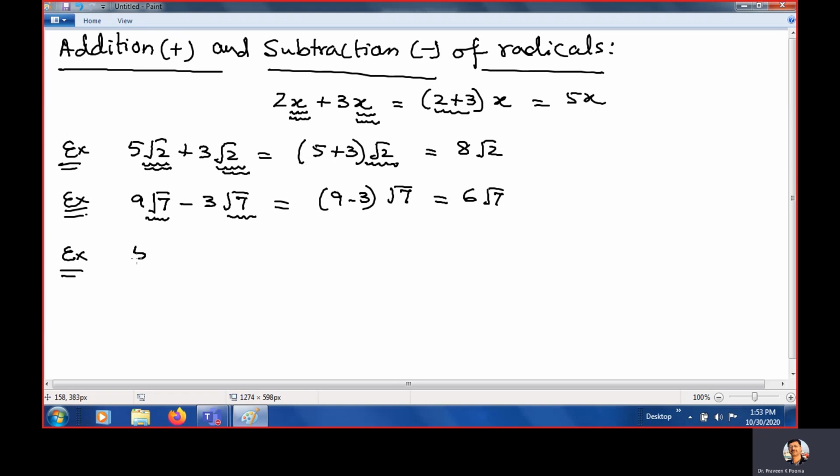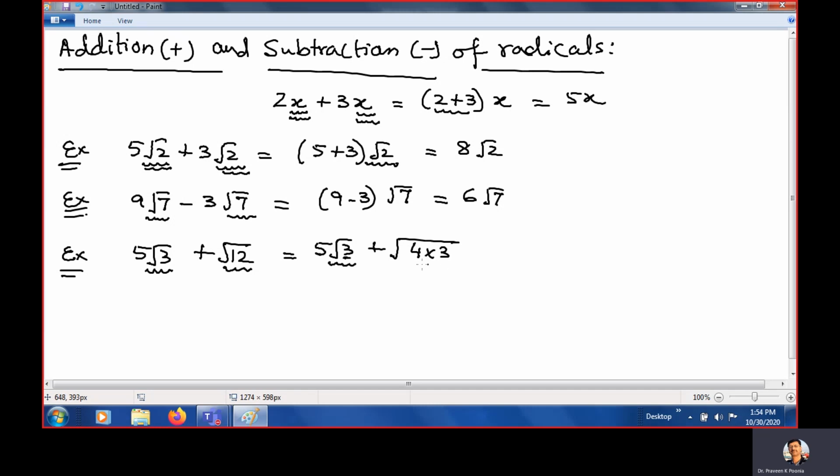But if I write 5 square root 3 plus square root 12, then it is difficult. Why difficult? Because here this part and this part are not the same. Then you need to make these parts the same. How can we do it? It is 5 root 3. Leave the small number and try to break this big number. And one number should be this 3.